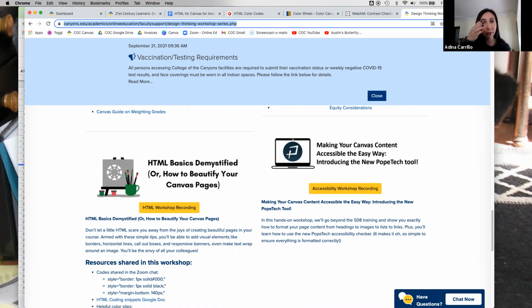A quick question though: when you're importing, or copying, one Canvas shell to the next semester, have you noticed tabs getting messed up or changing? I have not, unless you mean in the import itself, when you haven't done anything else to the page. I haven't noticed that. Okay, because I just noticed it.